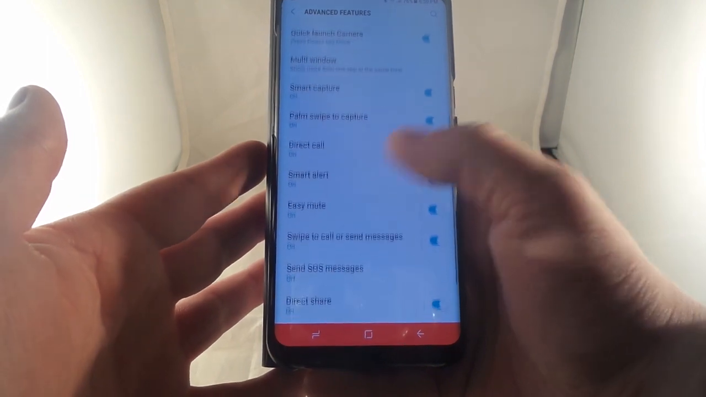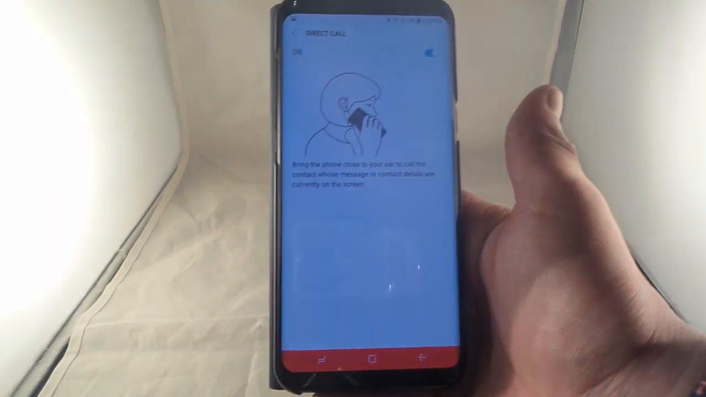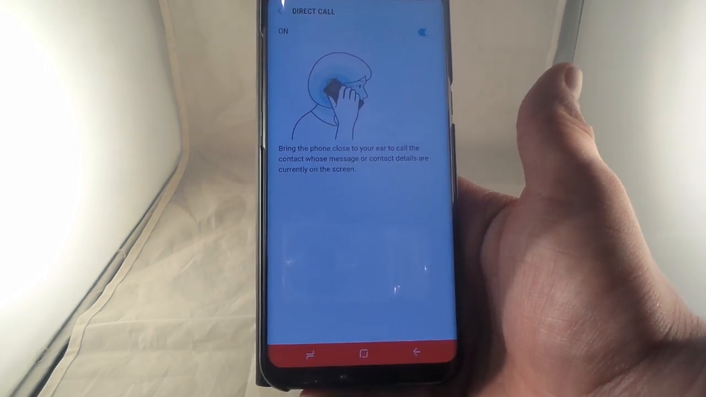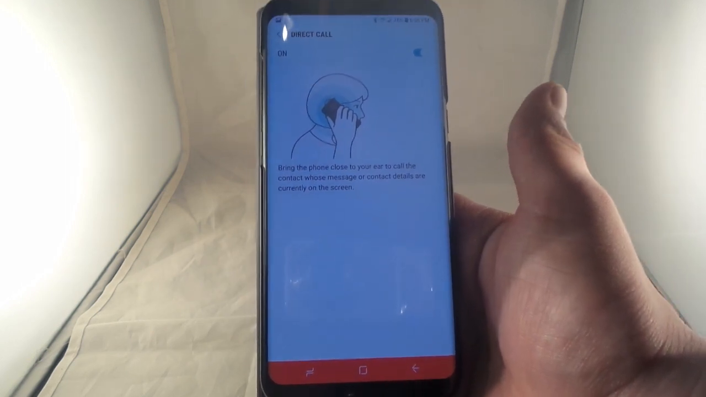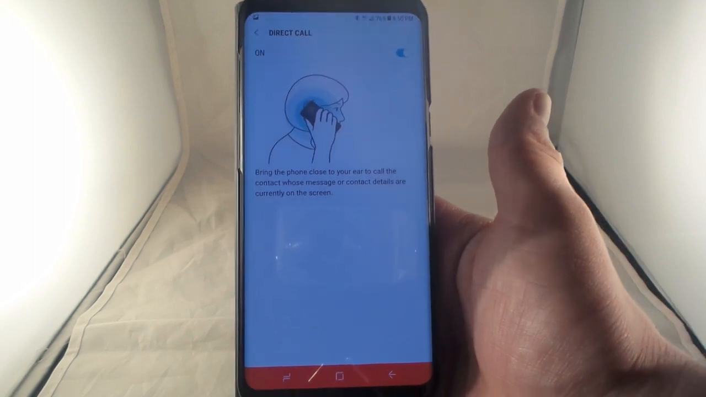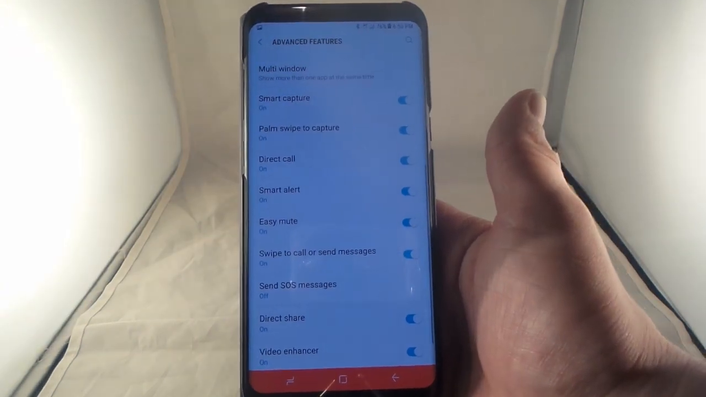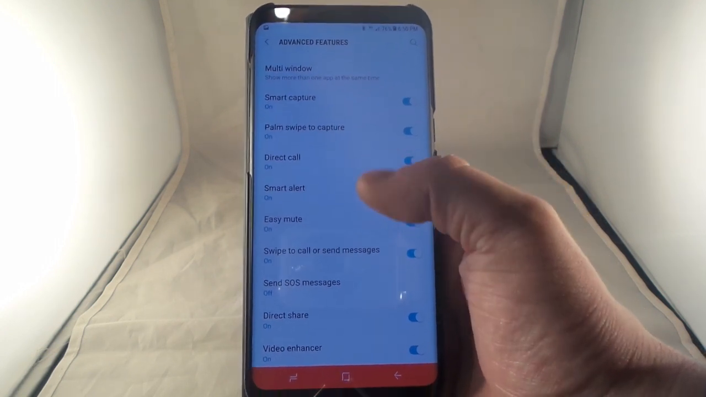And let's go on down to direct call. Now, direct call is pretty cool. If you're inside of a text message or you're looking at a contact's details, all you have to do is lift the phone up to your ear and it'll make the phone call to them. So instead of hitting a button, just raise it up to your ear and it makes the phone